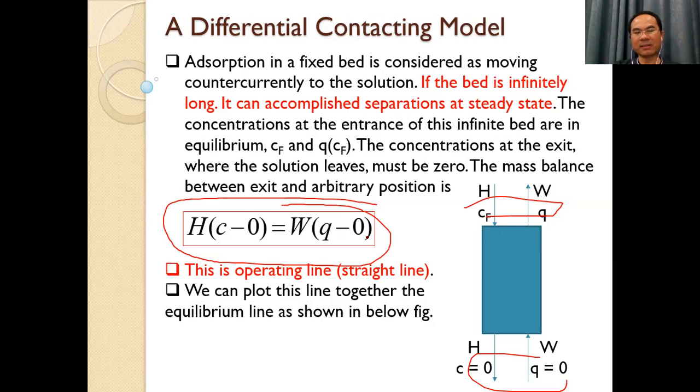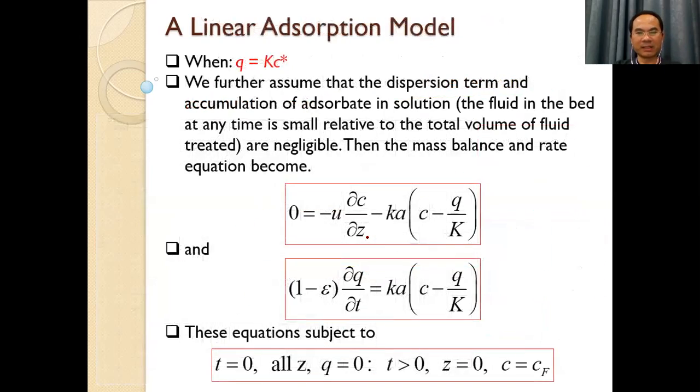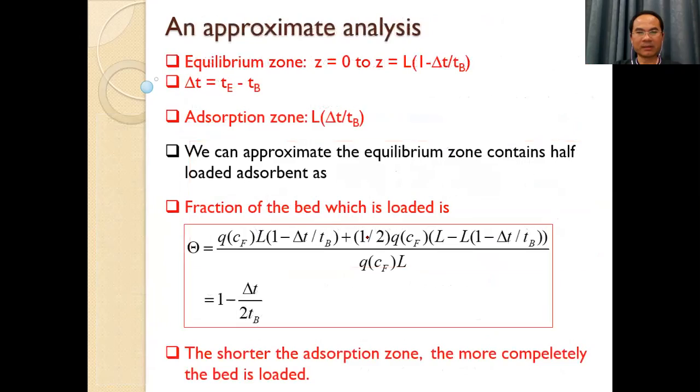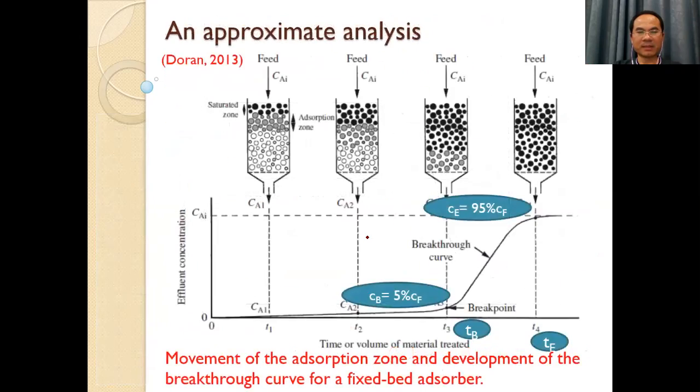If you plot this curve together with the equilibrium line, it shows like that. So the equilibrium line is maybe